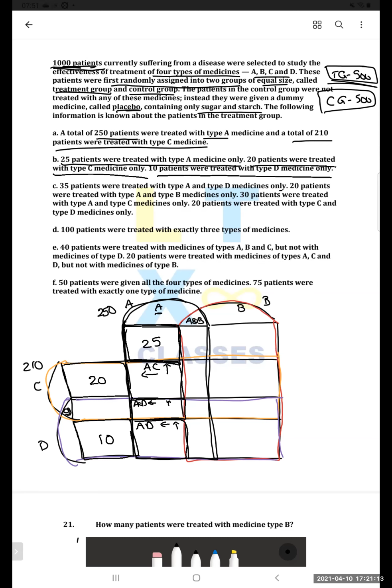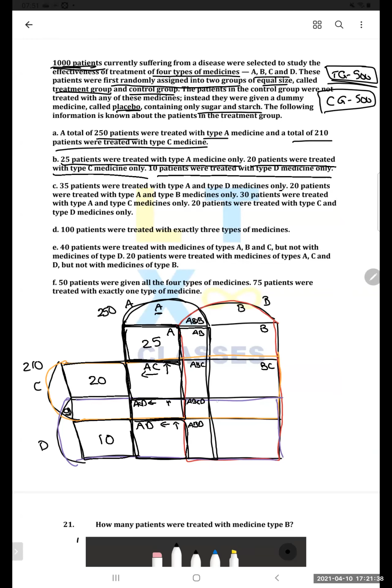Following, guys? Yes, sir. Okay. Now let's look at this box. This should be AB, and this should be ABC. This should be ABCD, and this should be ABD. I'm just looking up and left. Now this one should be only B. This one should be B and C.